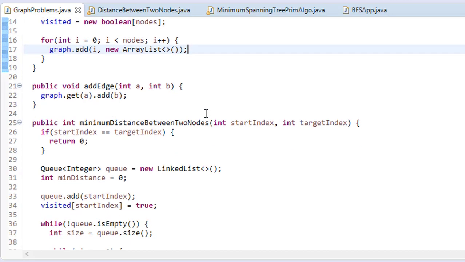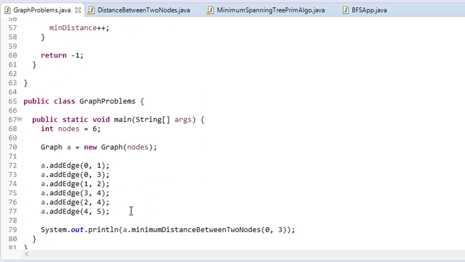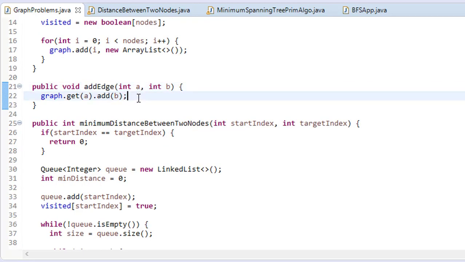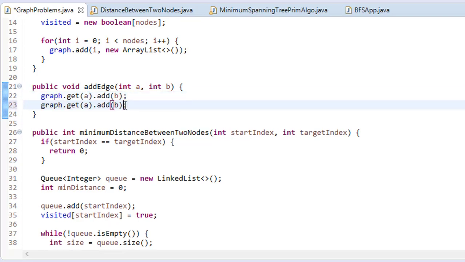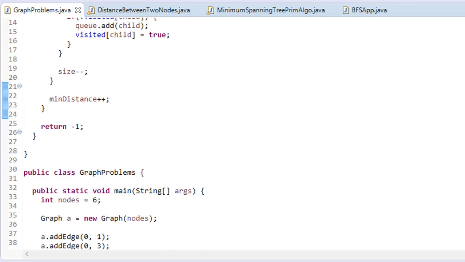And now once we have done the initialization, after that we are adding all the edges. If you have an undirected edge, you will add edges in both directions. So if you have an undirected graph, you need to add the edge in both directions, and then you will add B and A here. Basically what we are doing here is saying get me the list at this index, and then I will add B into the list. It means I will add this B neighbor into the list. Similarly for this, get me the list of this B, and then I will add this A neighbor into the list, right? So this is how I will add all the edges.